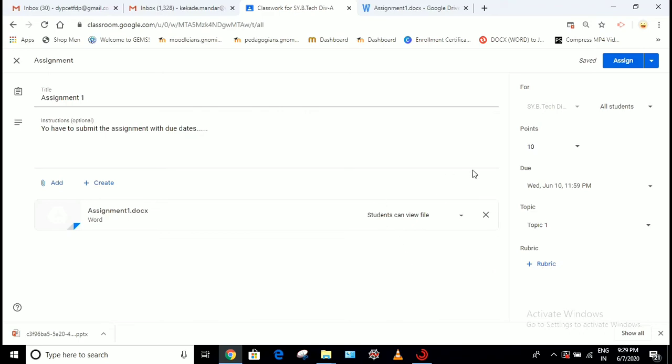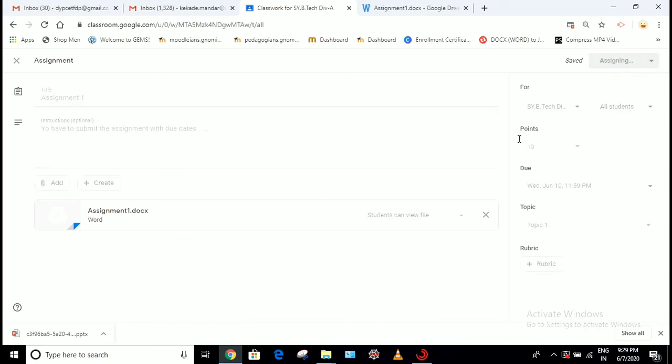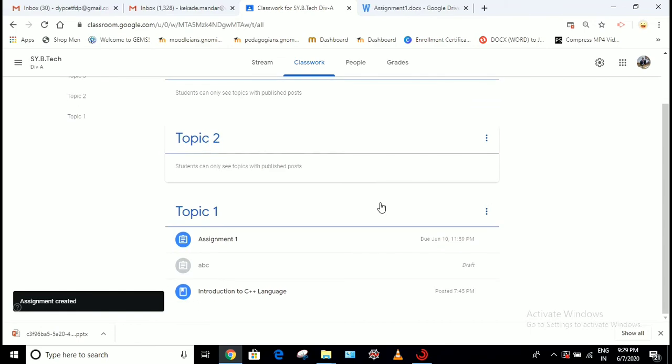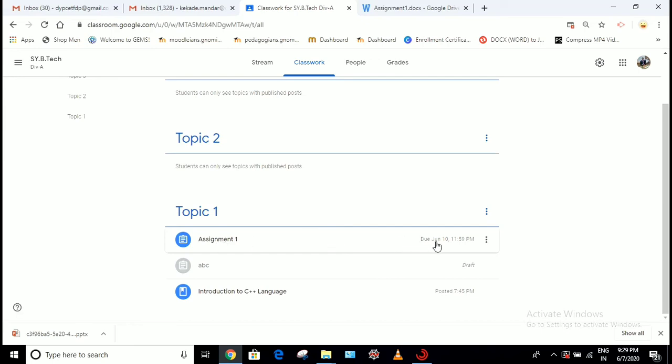After doing all these settings, you can click on the Assign button and assign the assignment to the students. Now you can see under Topic 1, Assignment 1 has been uploaded. So the students have to submit this assignment before the due date.